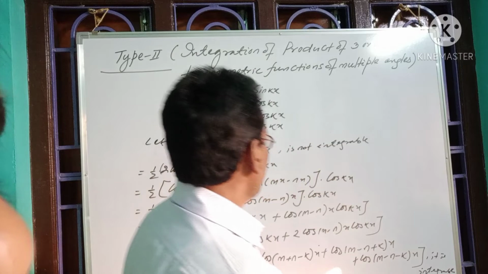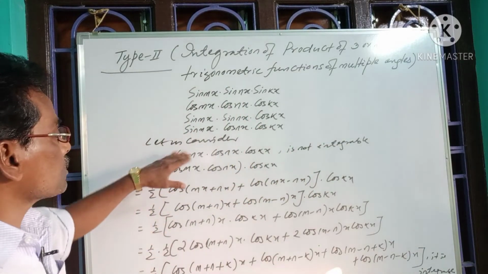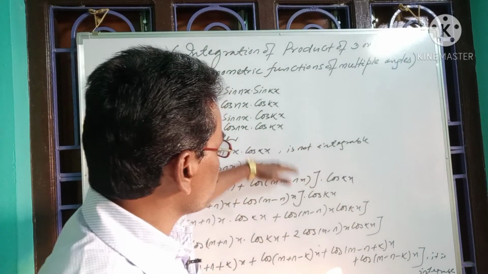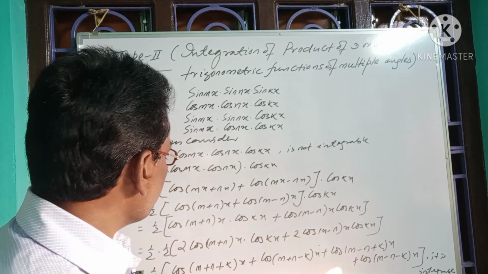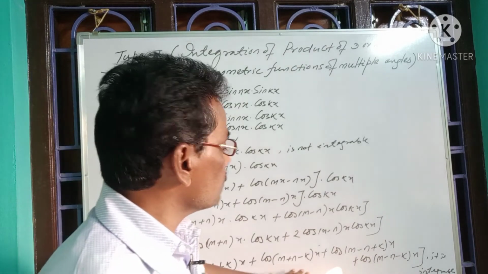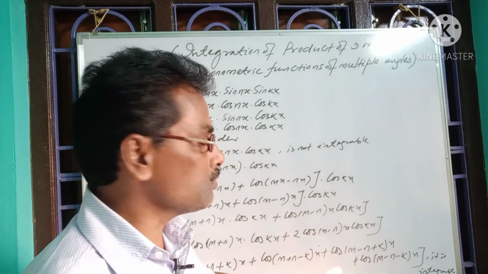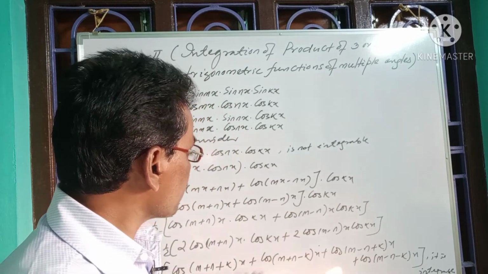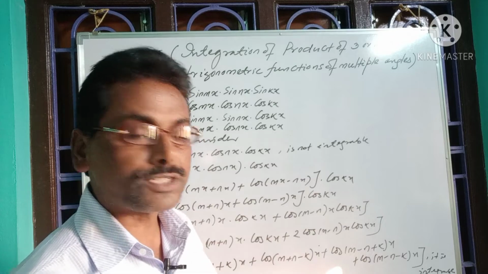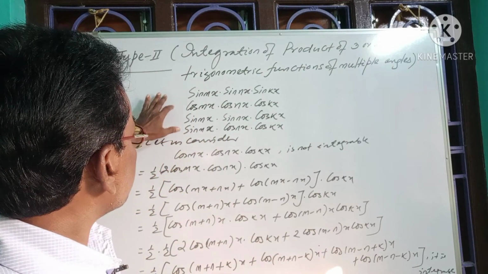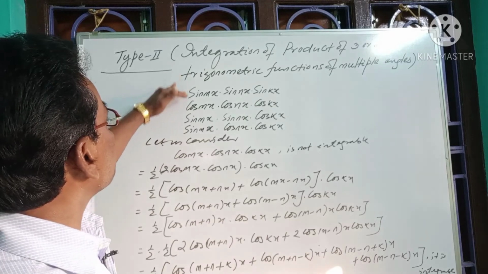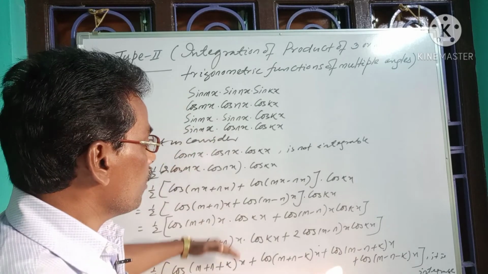Let us see, in the beginning the given function was not integrable, so after transforming into a sum of cosine functions, we see that the final function is easily integrable by using the formula, that is the integration of cos mx with respect to x, which is 1 by m into sine of mx plus c. So in this process we can also transform the other 3 types of functions into standard form for integration.